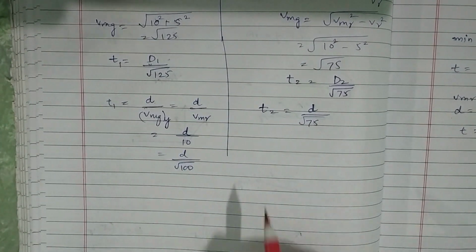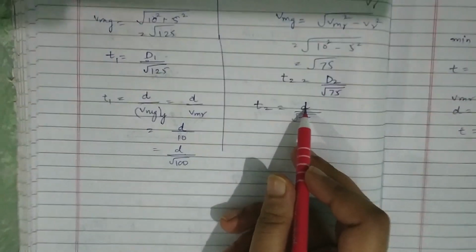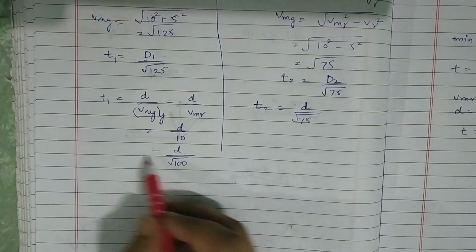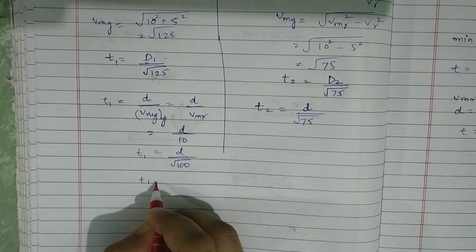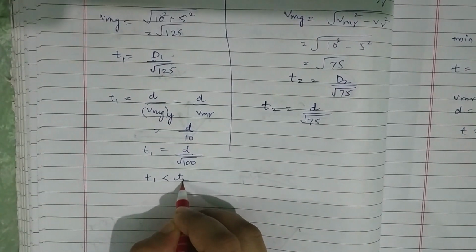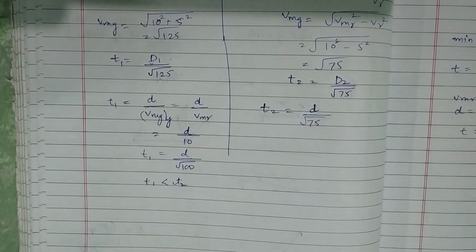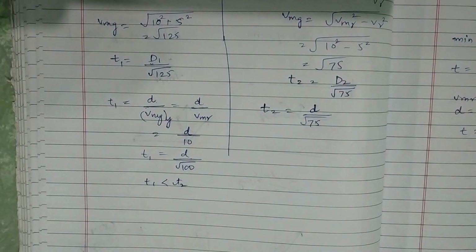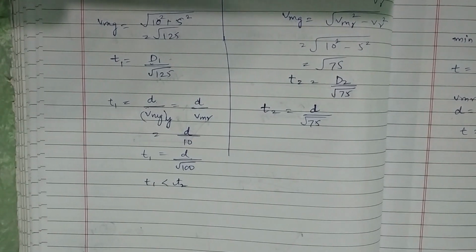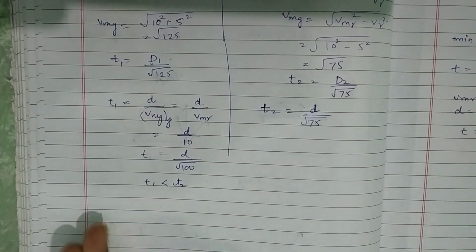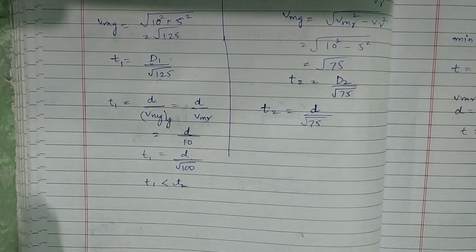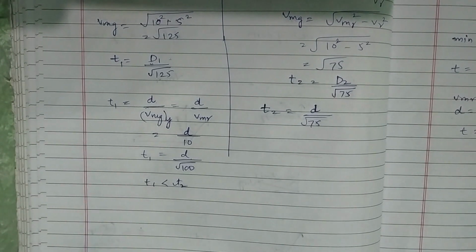You can actually clearly see now that since the numerator is the same here, this time T1 is less than T2, which is a pretty shocking answer, since it was expected that if it moves westward, it will eventually go in the forward direction and it will land in the minimum time. But the answer came opposite. It should go in the front, and this will lead to some distance more.